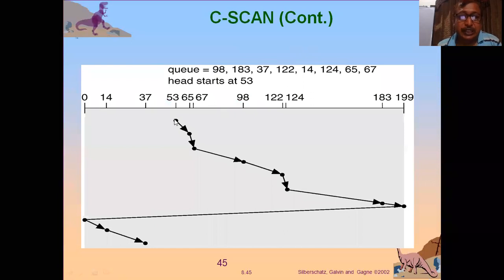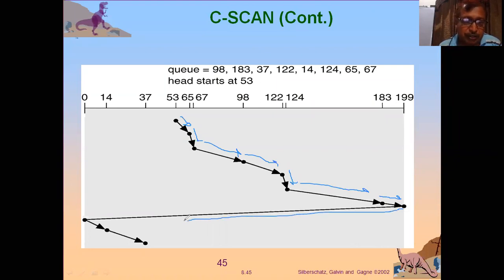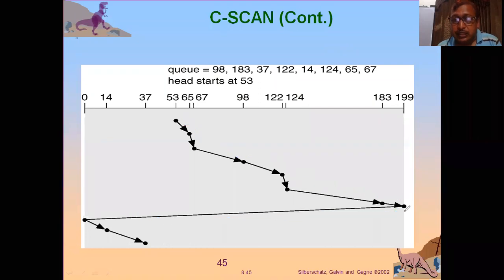This is C-scan. Okay, suppose the direction of the head was like this from there to there, then this is just similar to the scan. We move to this, then we move to this, then we move to this. After that, instead of serving these, if this were scan it would first serve 37, then go to 14, but that is not the case here. Here, when it reaches the last end,